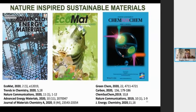Maybe I'll just show you one slide on sodium-ion batteries. So we're trying to move away from lithium-ion batteries to more sustainable batteries. So we want actually to design a battery that is performant, sustainable, and low cost. And one way to do this is actually to move to more sustainable battery chemistries, moving away from lithium. And in my group, we are exploring some that will give you not so high energy density, but actually they're based on abundant elements, and these are ideal for stationary storage. This is sodium and potassium, and very recently,